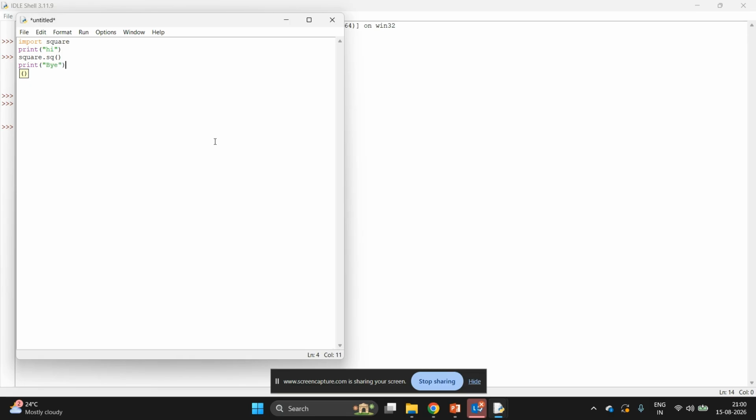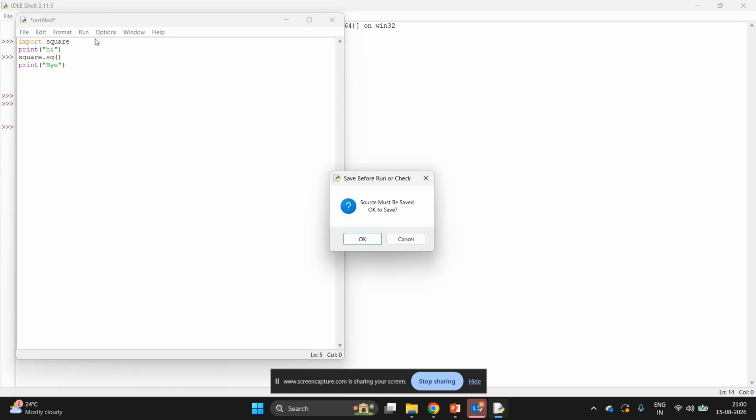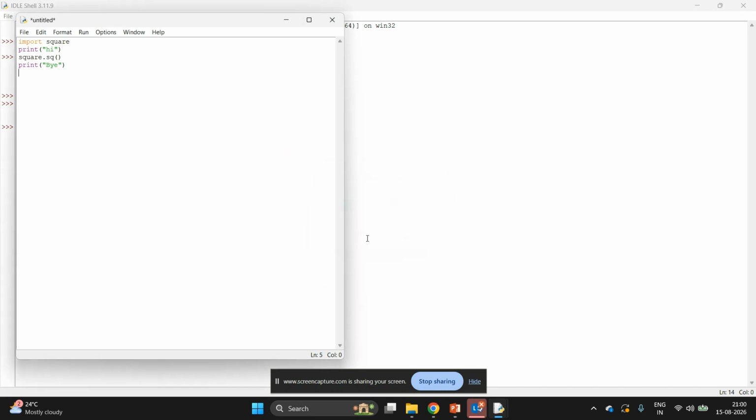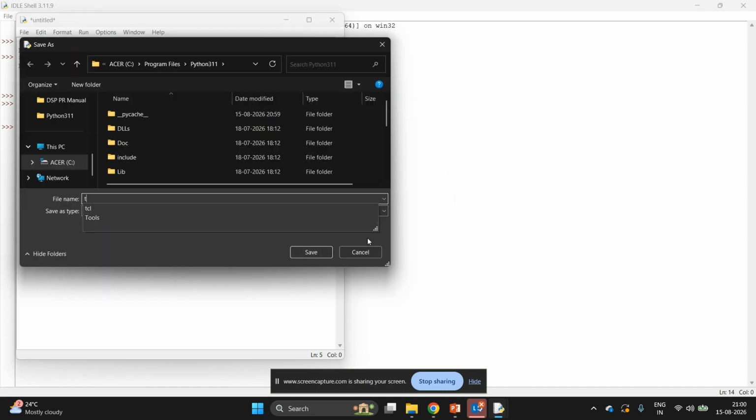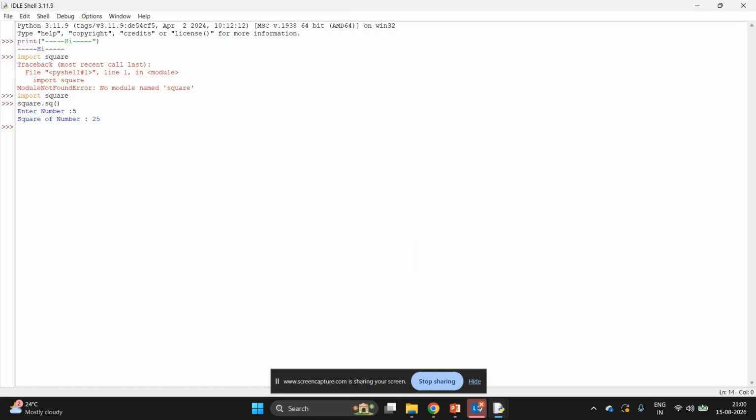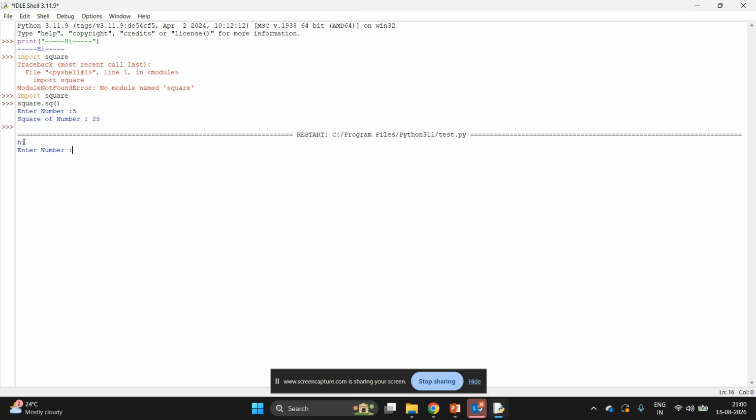You will save this file, and whenever I run this module, it will start executing. Before that we need to save. Suppose I am giving the name test, so this test.py is executed. As I click on the run button, the text is displayed as hi, the number is given, and the square is calculated. This is how we can create a user-defined module, and this is how we can access it.